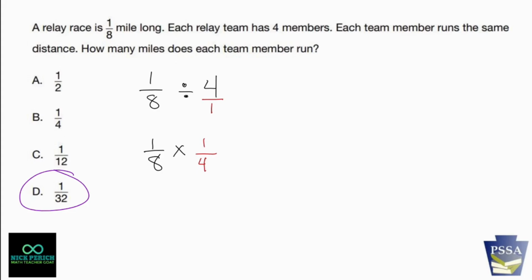That's called the reciprocal. Now, whenever I multiply fractions, you multiply straight across the numerator. 1 times 1 is 1. You multiply straight across the denominator. 8 times 4 is 32. And just like that, we got our answer. All right, so calculator, great. No calculator,